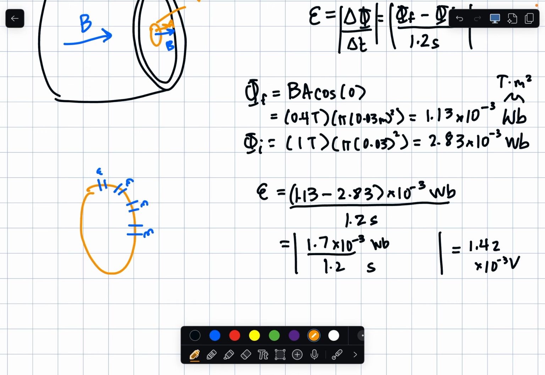Causing a current to flow, right? This voltage is acting in a kind of circular direction, making the current flow in that circular direction, okay? Now, which direction? We need to,